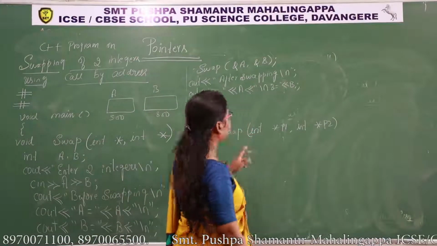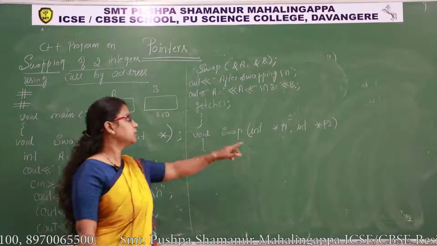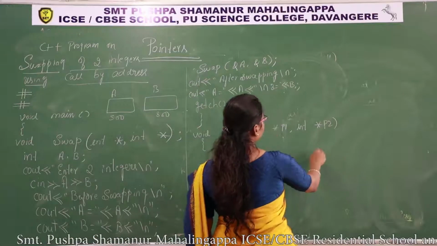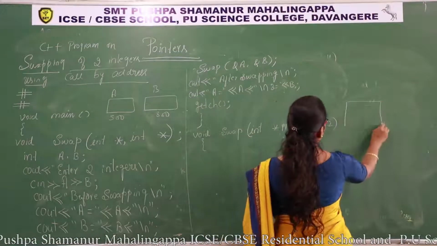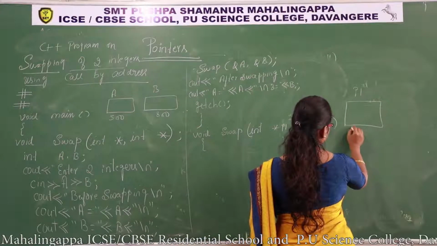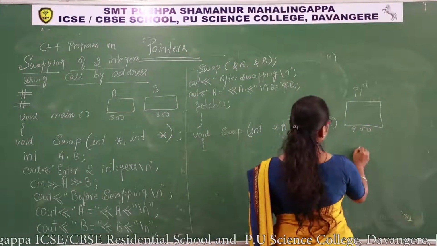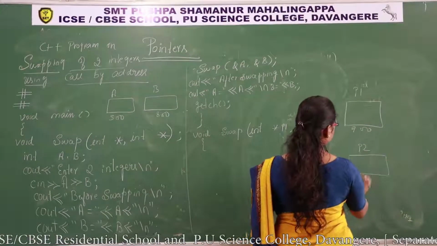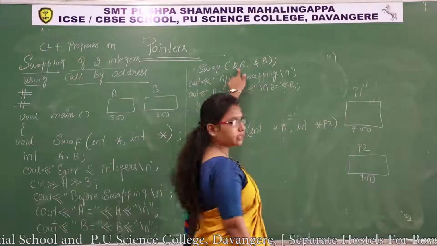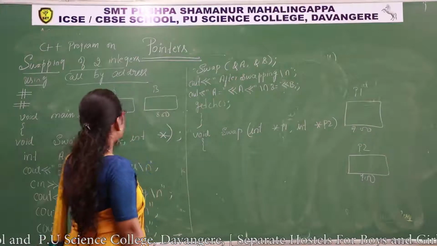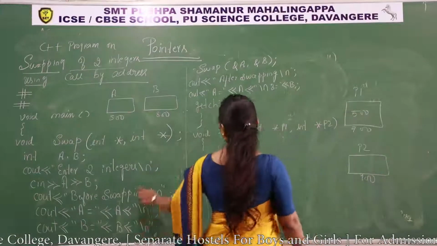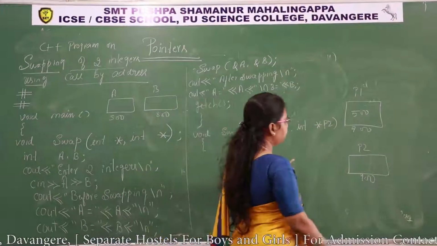Now we have to swap the values of a and b using these two pointers p1 and p2. When you declare p1 and p2, what happens? Memory will be allocated like this. 2 bytes of memory for p1. It has some address, 700 I'll consider, and p2 900. So what is there in p1? Address of a. What is the address of a? 500. 500 will be stored in p1. Then address of b, 800. 800 will be stored in p2.